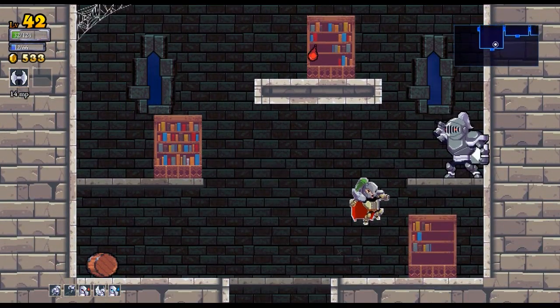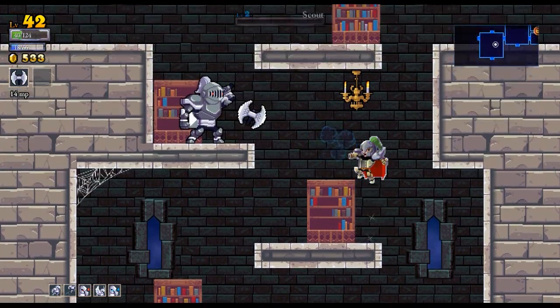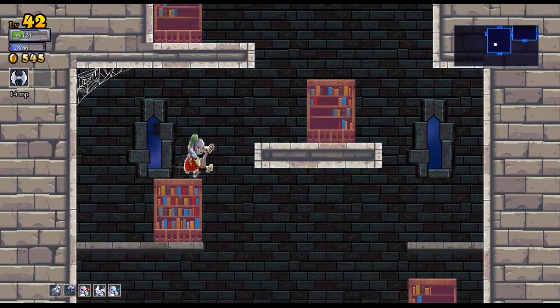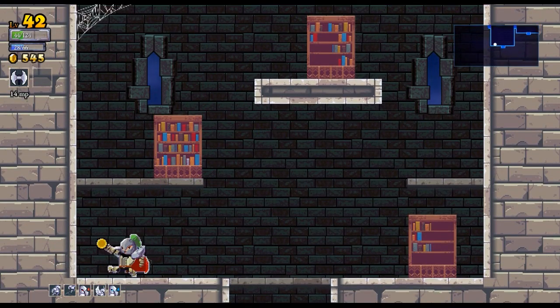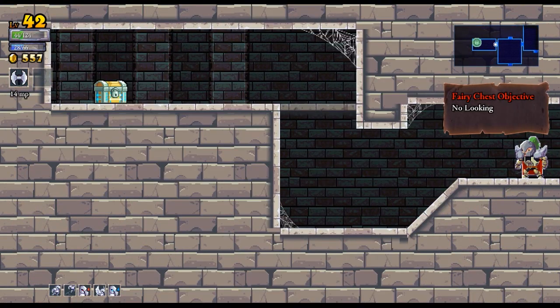Which is usually a pretty good strategy because you don't want to die with magic points that you haven't spent. And the magic points could save your life if you manage to hit the right guys. But yeah, we're just going to try to stick to the castle and try to use vampirism to regain...